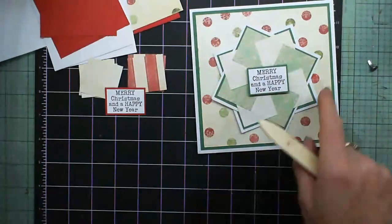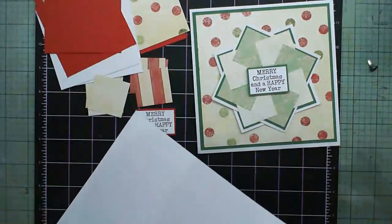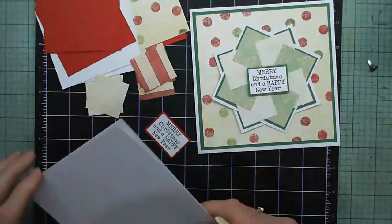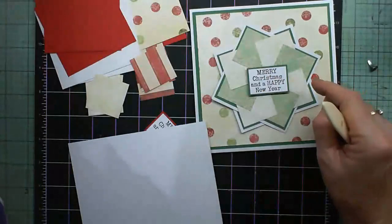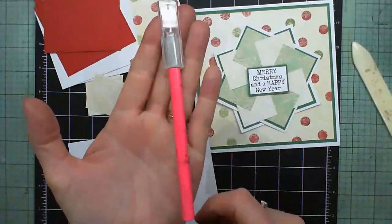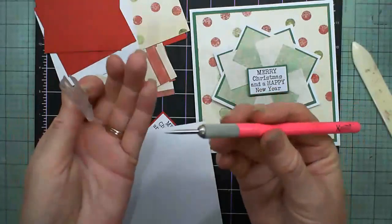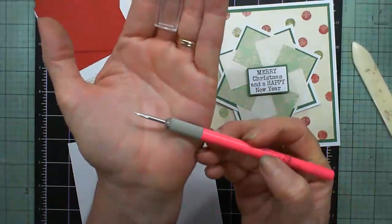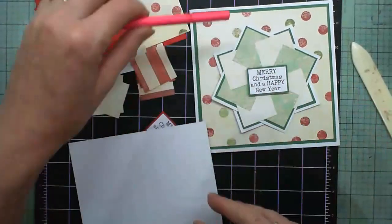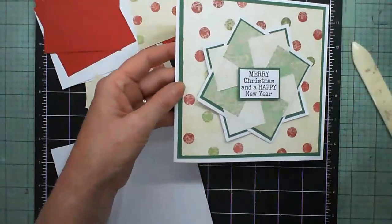So you basically build the pinwheel first. You can't attach your mat layers onto your base card until you've got all of that other stuff in there. We have to be able to make a hole in here as well, and I do that with my little multi-tool. I love this. It has 4 attachments that you can put onto this, but I'm just using the pokey side of that to poke into it and then dig around in it and make that hole a bit bigger,